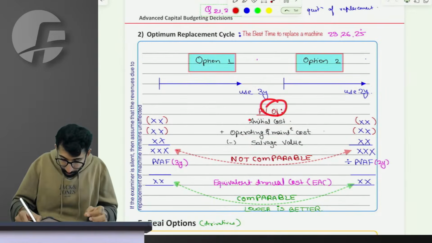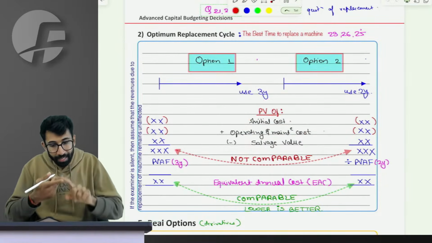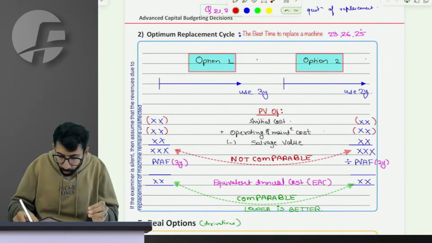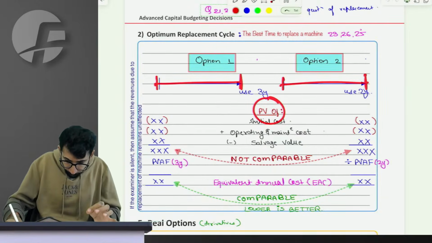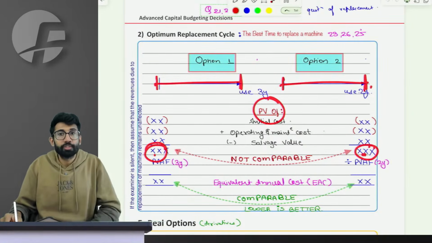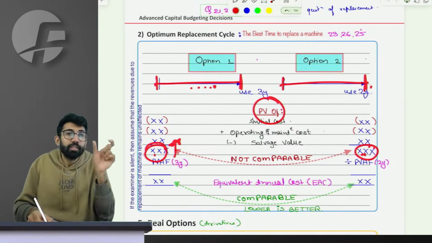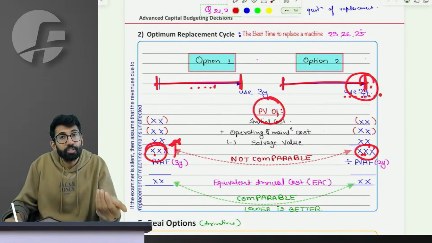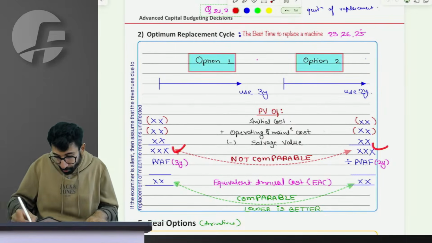So you do the present value of all the inflows and outflows associated to that particular machine: buying it, operating it, maintaining it, running it, and in fact selling it. All the cost associated to the machine, present value of that for 3 years and for 2 years you do. Can we compare the cost and say that the lower cost is a better cost? No. This is a higher cost, but obviously because the benefit taken is for 3 years. This is a lower cost, but in this case the machine is used only for 2 years. I can't compare the two costs, they are not comparable.